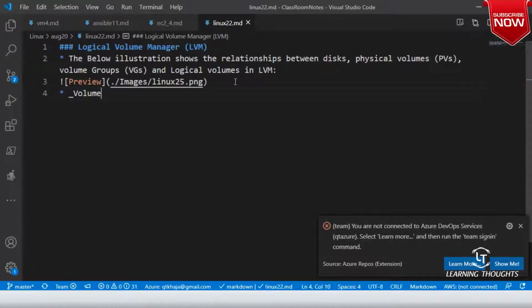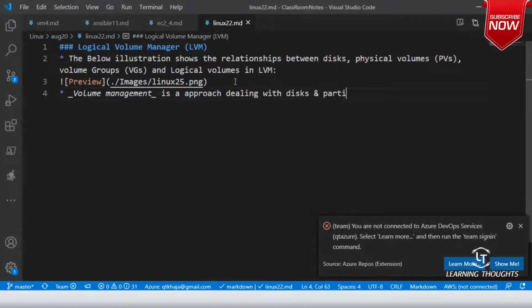Volume management basically is an approach to dealing with disks and partitions.